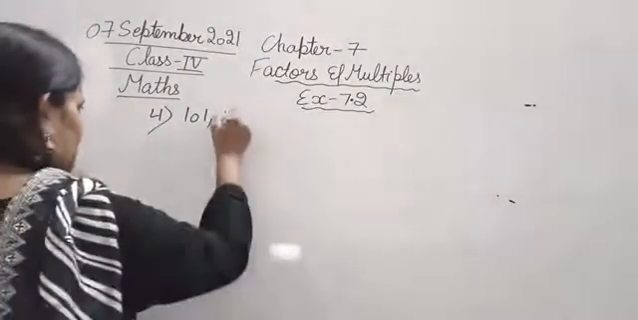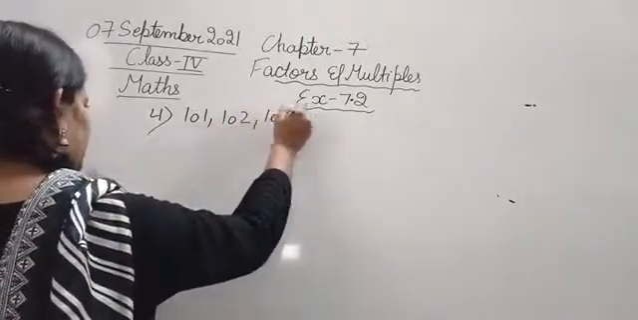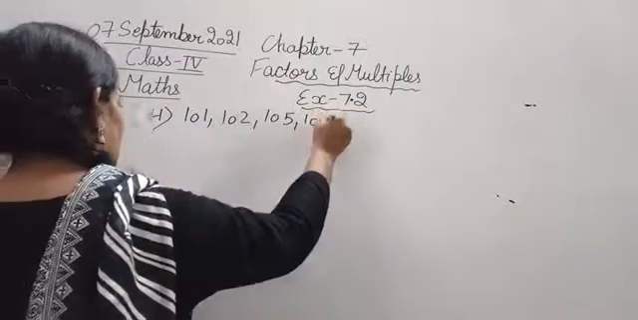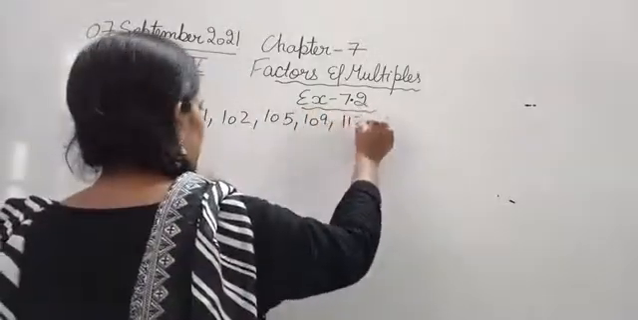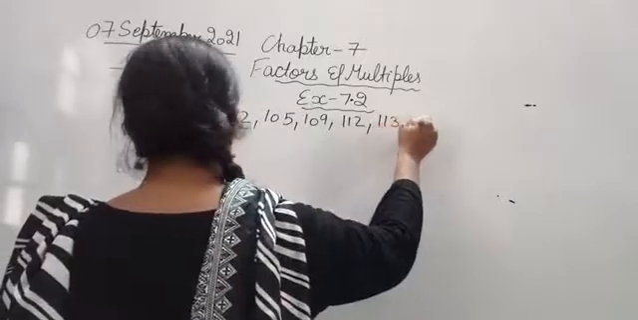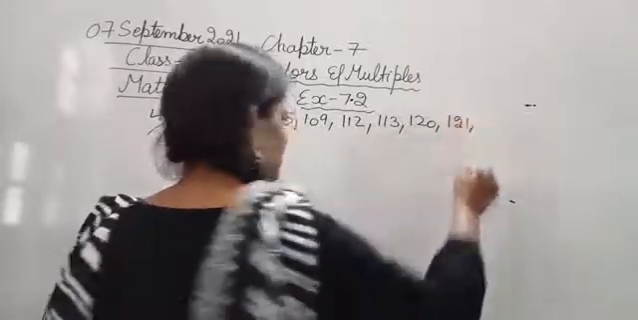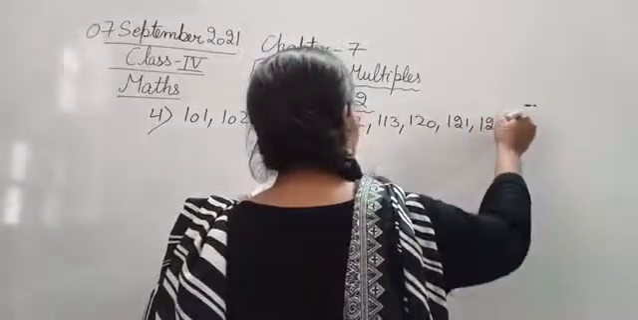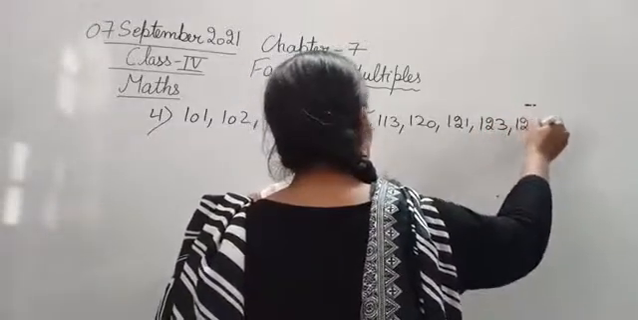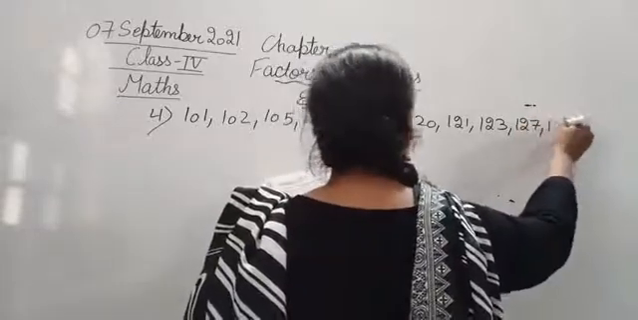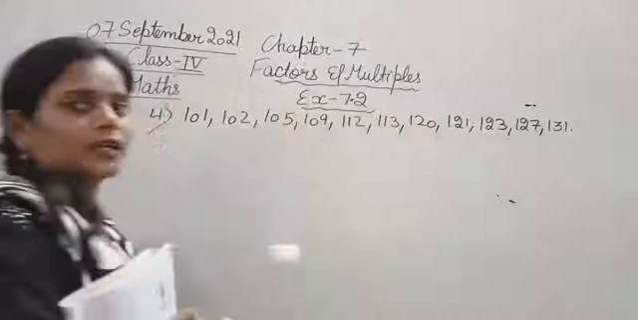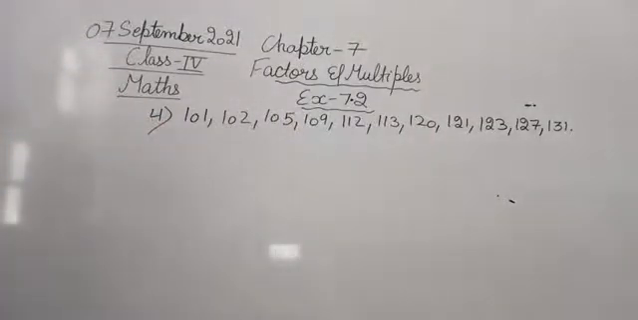separate them: 101, 102, 105, 109, 112, 113, then 120, then 121, okay, then after this 123, 127, and the last is 131. So these are the certain numbers that are given in the book, and we have to identify the composite numbers from this